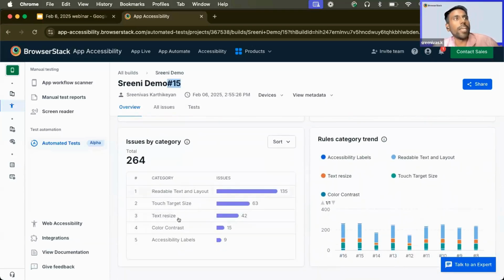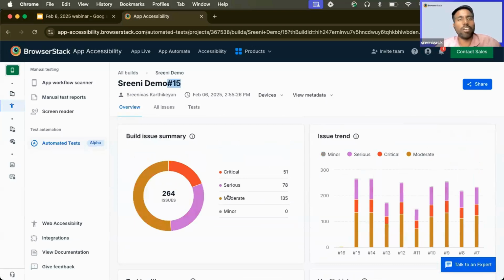And another thing is, based on the issue category, what are the different issues that you have? Color contrast, we have identified 15, and touch target size 63. So across different issue categories, you can see how many issues we have found out. So this is a summary of the different kinds of issues that we have identified. Then if you go to the all issues section,